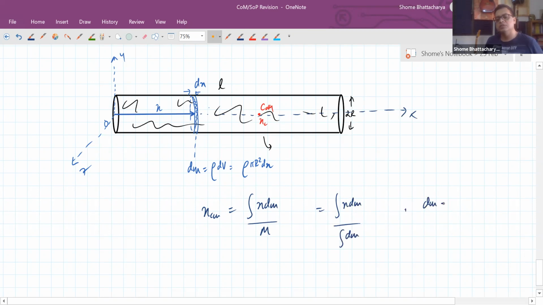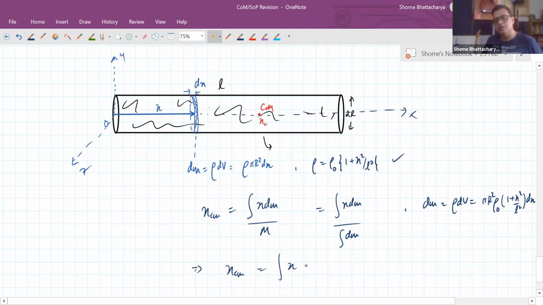So here dm is equal to this one, because we know here that density is varying with position according to this formula. It is given to us. So the x coordinate of the center of mass becomes integration of x into rho dv divided by integration of rho dv. So further that becomes